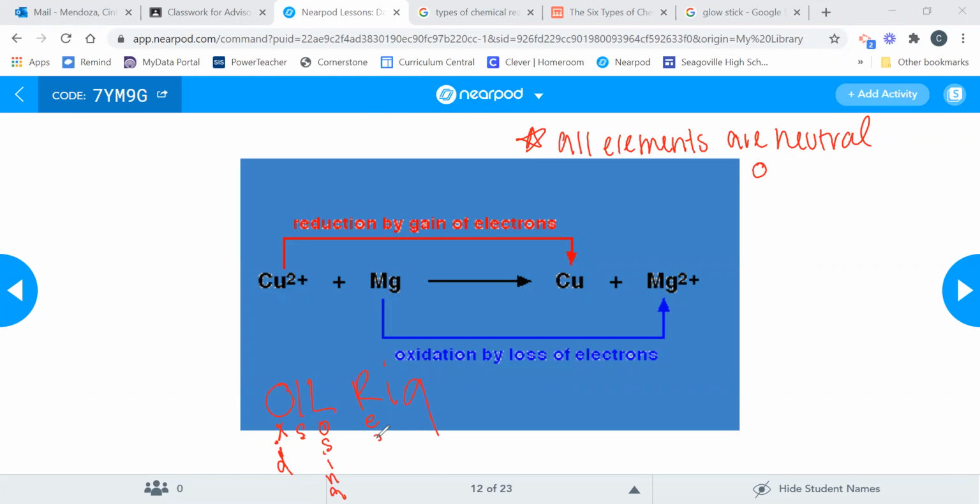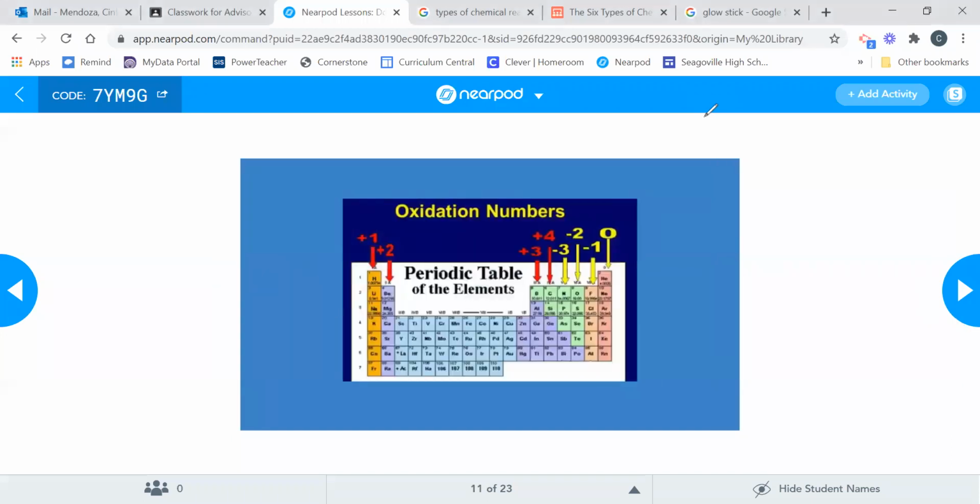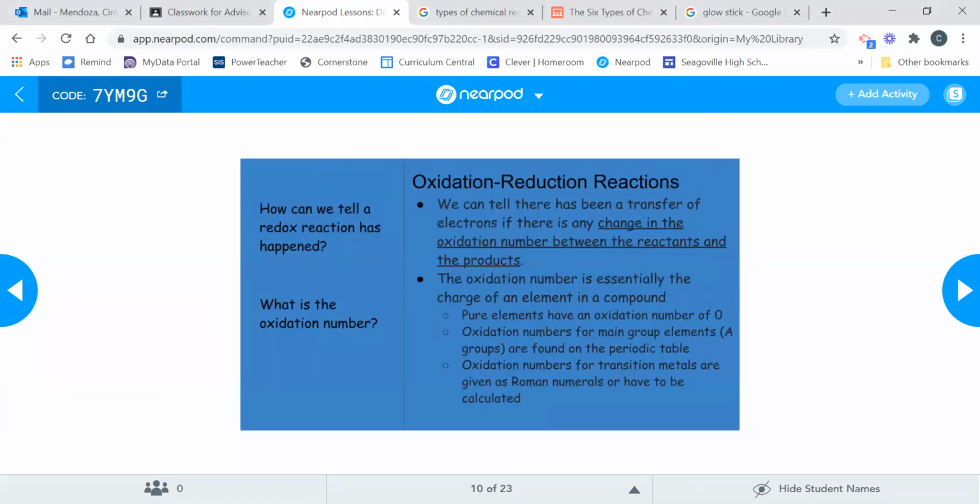R is gonna be reduction. I is gonna be is, and then G is gonna be gain. So oxidation is losing, reduction is gaining, and we're talking about electrons. Okay, so I need you guys to know those words just in case, and you guys do need to know